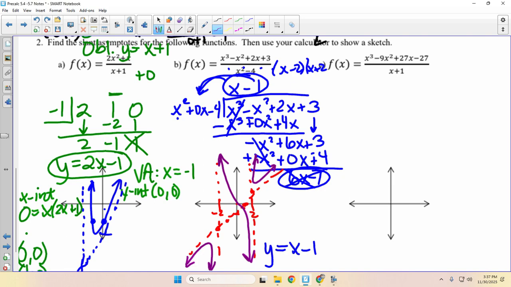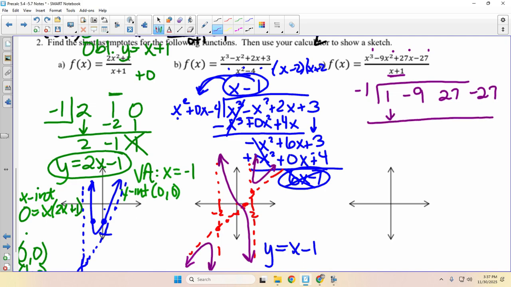Or which one do you guys want to do? You want to do long division or synthetic? Oh, okay, let's do synthetic division. Because we have the linear, we're going to take the -1. We have x cubed, x squared, x, and then 0. So I have 1 for each of us. We drop down the first one,